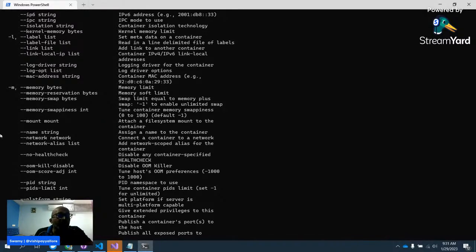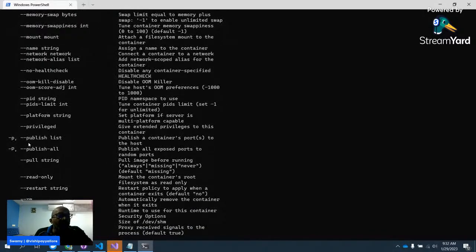It doesn't have the short syntax, and the port publishing is P. Okay, so lowercase. See that there is an uppercase P, there is a lowercase p. So we are publishing the specified port. Publish a container port to host port. Okay, so what does that mean is